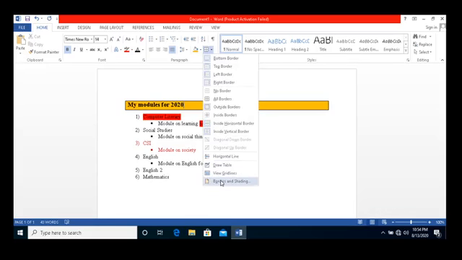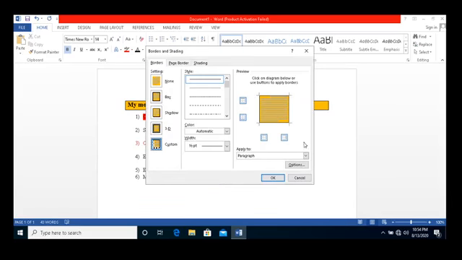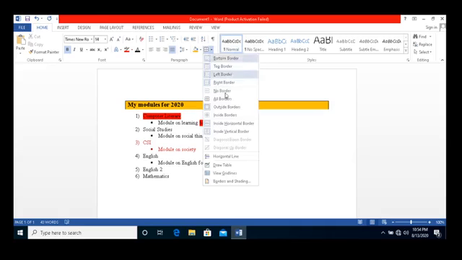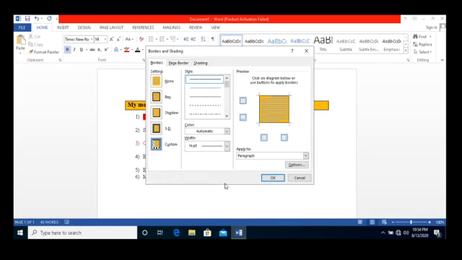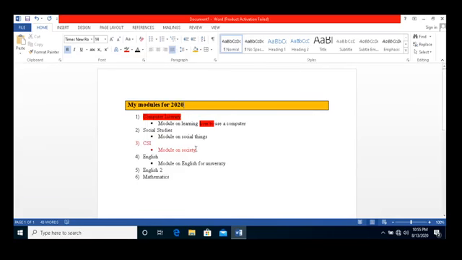Of course, you also have more ways to do that, so you can select here, and then you come to more borders and shading. Then you can select how you want your shading to be, so whether you want this line, that line, and so on and so on. But we'll look more on the border when you look in the page layout. Then the next thing is